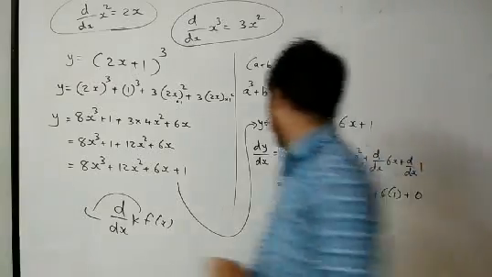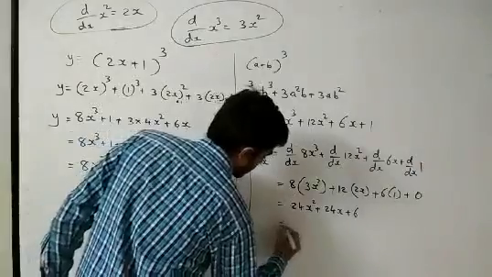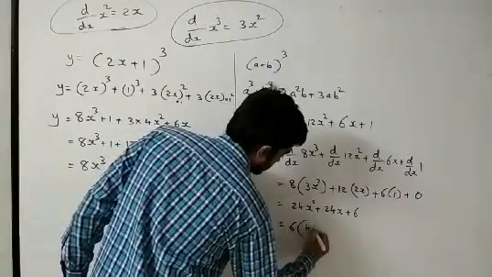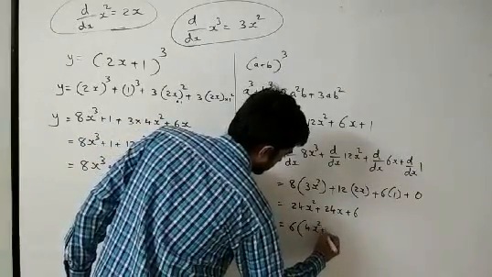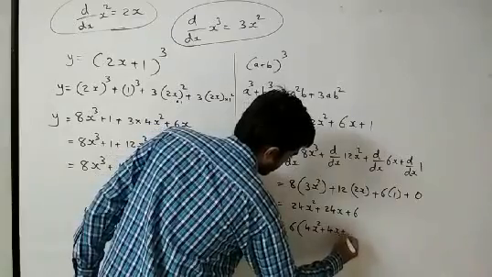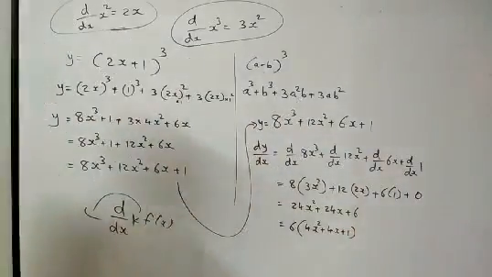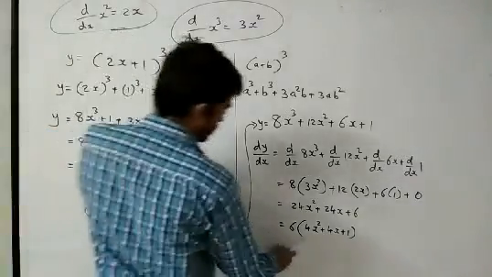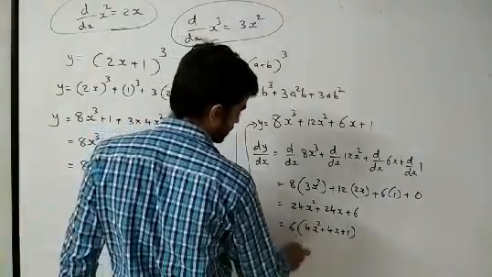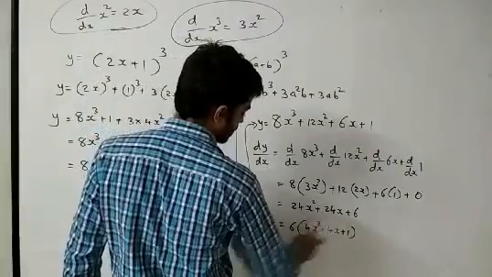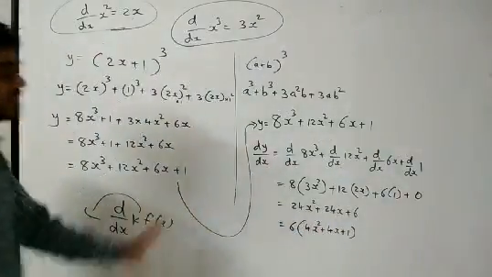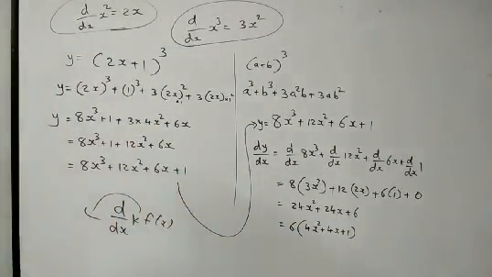Now you can do one thing, you can take out common. 6 will be common. Anyways, we have got your answer. So this is our required answer, right? Because 6 4s are 24x square as it is, 6 4s are 24 and x, plus 6 1s are 6. So this will be our required answer, right? I hope it is clear with everyone and it is visible to you.